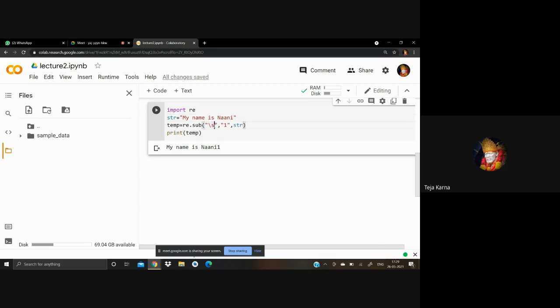In the same way, we discussed that Z works on the end of the string, so it is going to return the one at the end. If you use A, it is going to add it at the beginning. So it is going to replace the matched part with the string that you want to substitute. You can also find a match anywhere in the middle of the string.